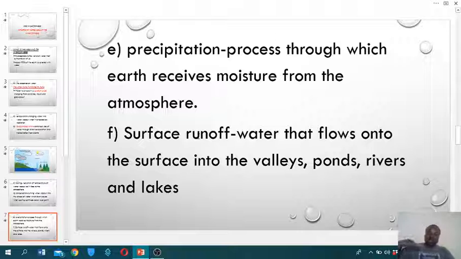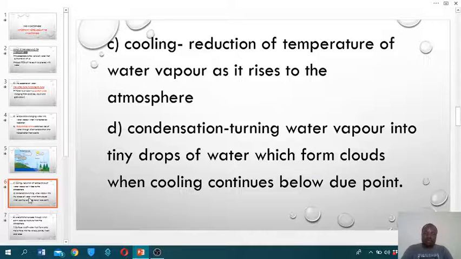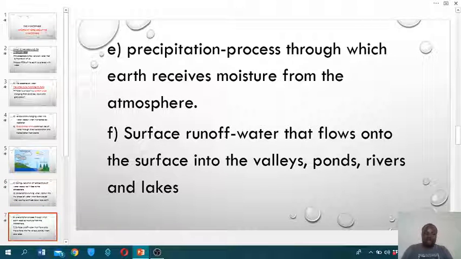Another process we shall be looking at is surface runoff, the way water runs on the surface of the earth. I had already explained surface runoff in our previous lesson. This water that's running on the surface is surface runoff. So it is important for you to understand it. Surface runoff is water that flows on the surface into the valleys, ponds, rivers and lakes. Water does not flow going up, it flows into the valleys,